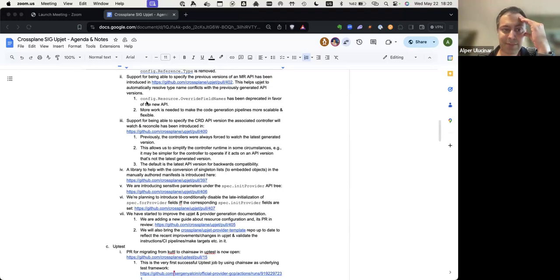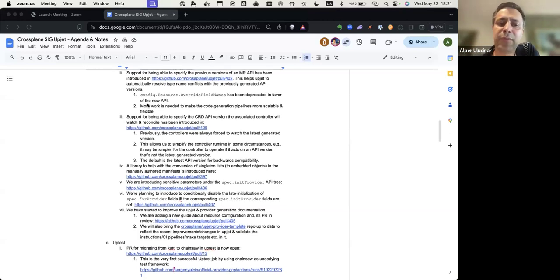So I don't expect folks to have used this, by the way. But if you start using multiple versions of CRDs, you can use the new previous versions configuration API to configure the previous versions of generated MR APIs.